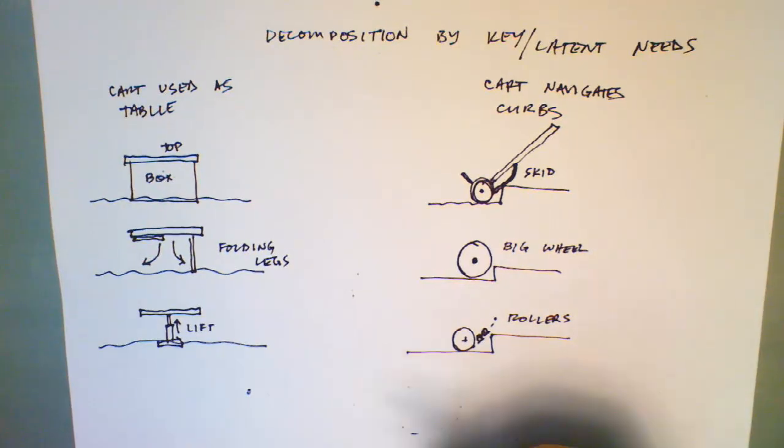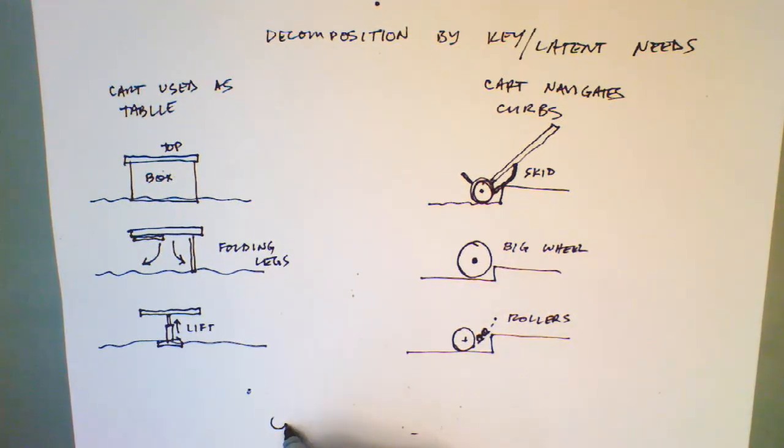So we might imagine, let's see, here's our cart. We have a little wheel, we have some rollers, and we're going to have some kind of horizontal element that would store our stuff,